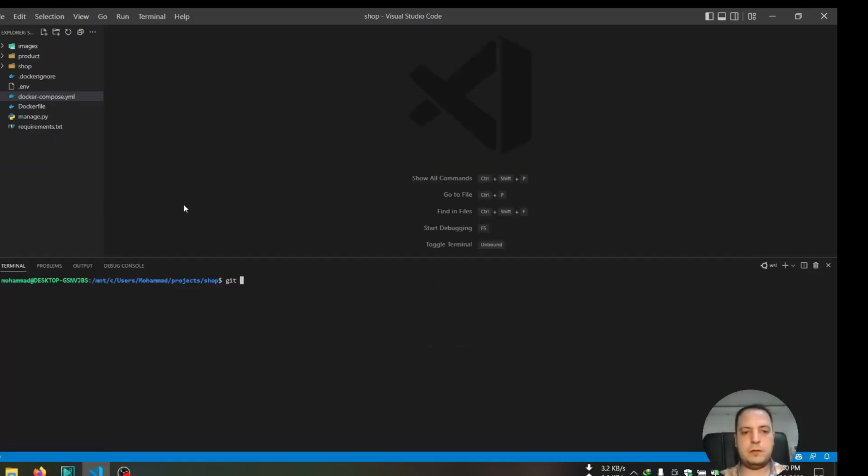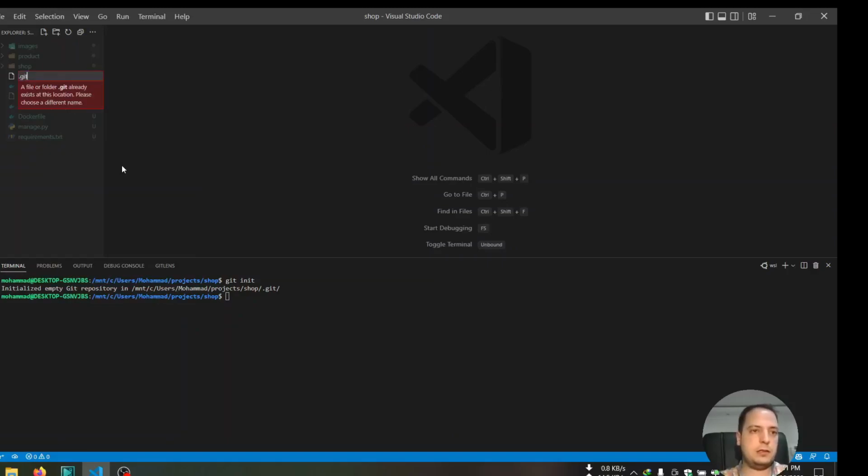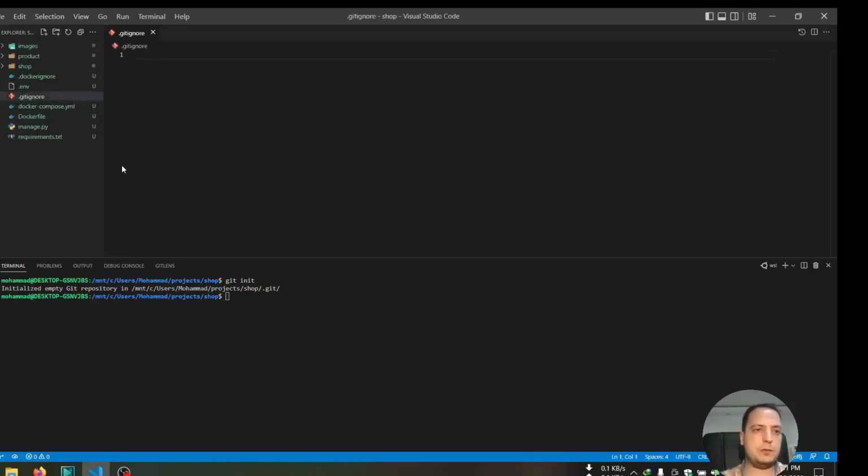So I will go ahead and write git init, and then I want to add the .gitignore file, so I can ignore some files or directories from